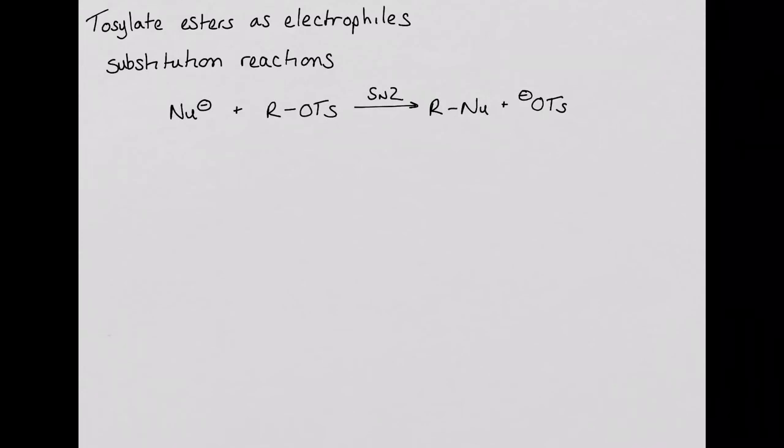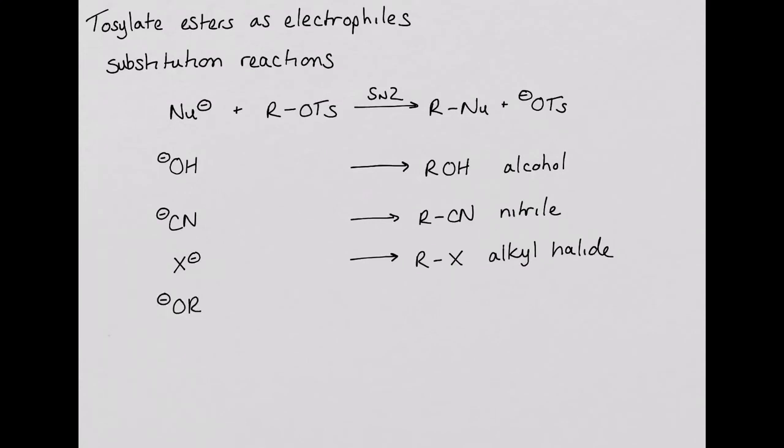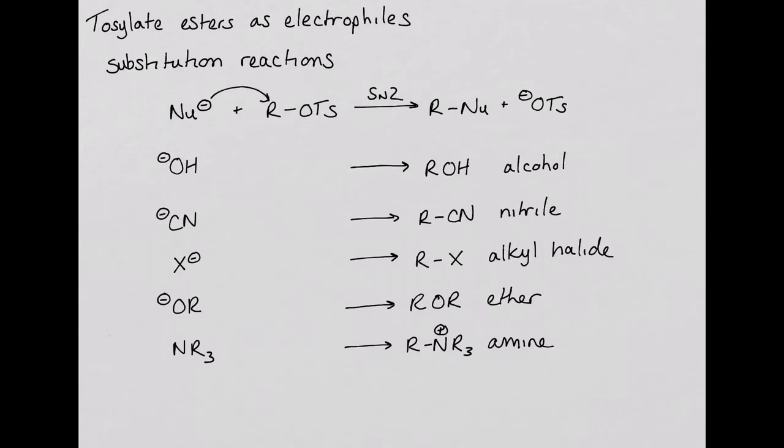These strong nucleophiles include the hydroxide ion, which synthesizes an alcohol, the cyanide ion, which synthesizes a nitrile, a halide, which synthesizes an alkyl halide, an alkoxide ion, which synthesizes an ether, or an amine, which synthesizes a quaternary amine. All of these reactions occur through an SN2-like mechanism, where the nucleophile attacks the carbon as electrophile, kicking off the